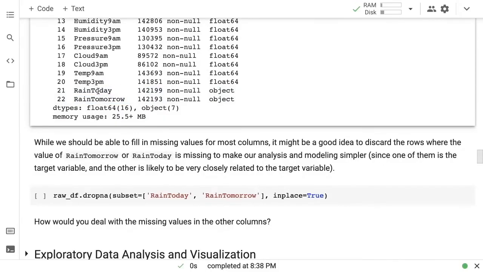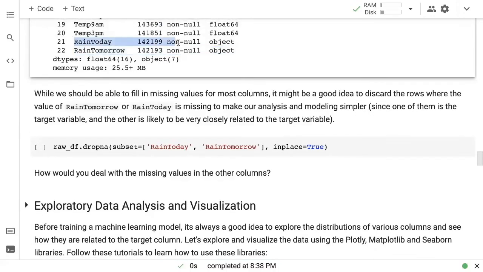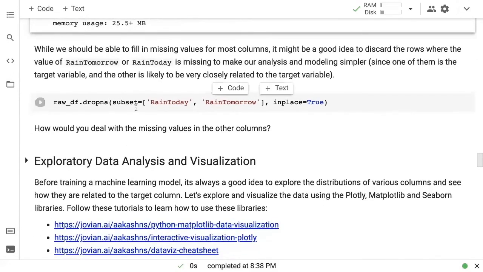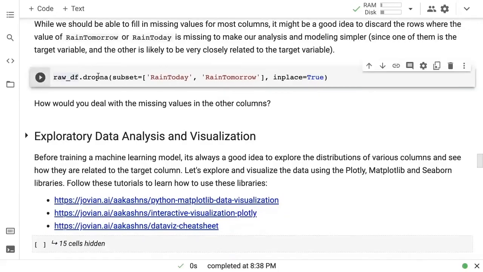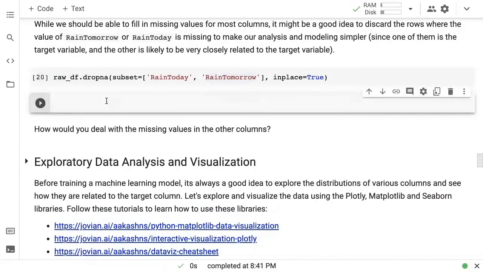The second one makes sense because it's a target column and we should only have rows where we actually have a value to predict. But the first one, rain today, I'm just taking a guess, saying that if I don't know whether it rained today, it's going to be very hard to predict if it will rain tomorrow. Okay, so I'm going to just run raw_df.dropna with rain today and rain tomorrow, in place. So from raw_df, we are going to drop this information. And now if you check raw_df dot